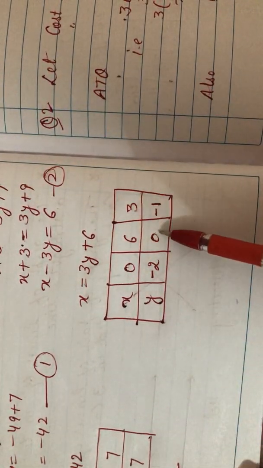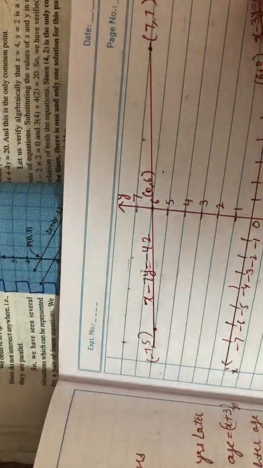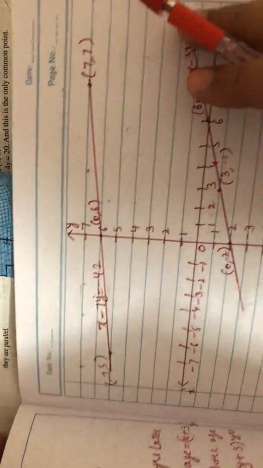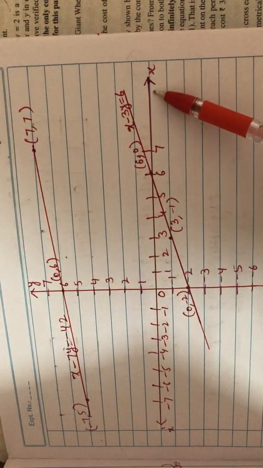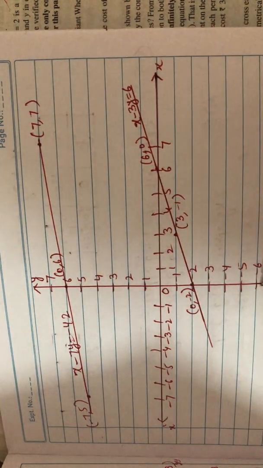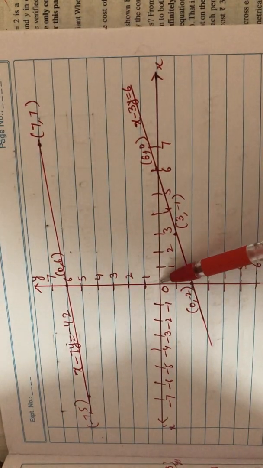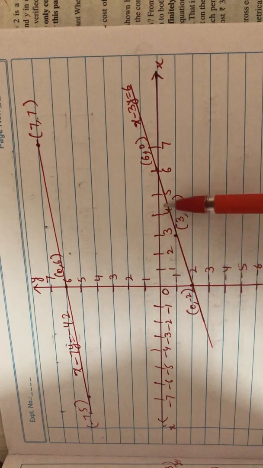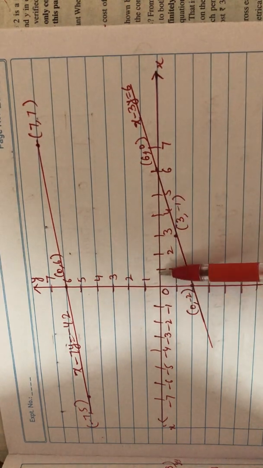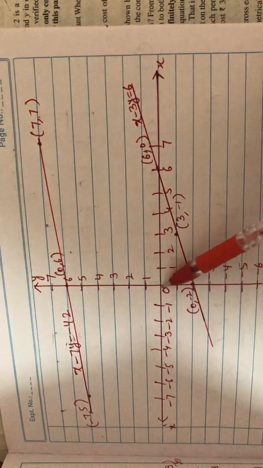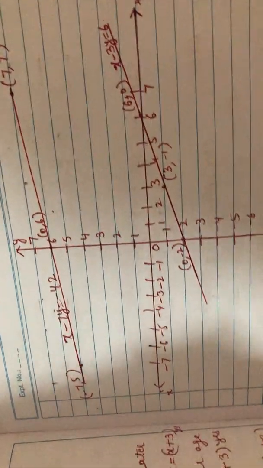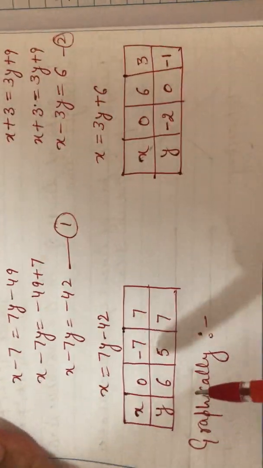Now we'll represent these solutions on the graph paper. So I have made it on a sheet, you have to make it on a graph paper, and on a graph paper we'll choose a scale. So this horizontal axis is XOX dash and this is the vertical axis YOY dash, this is the origin. So we'll take a scale, 1 unit is equal to 1 centimeter. This is the positive x-axis, negative x-axis, positive y-axis, negative y-axis. Now we will plot these points on the graph paper.